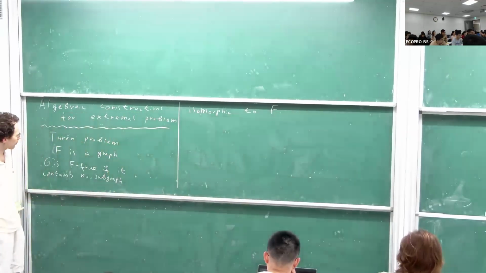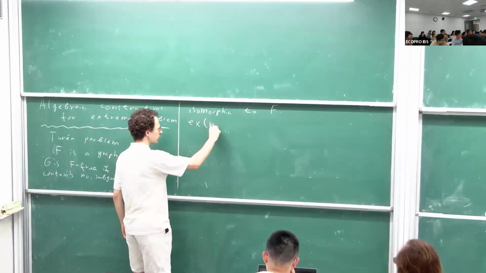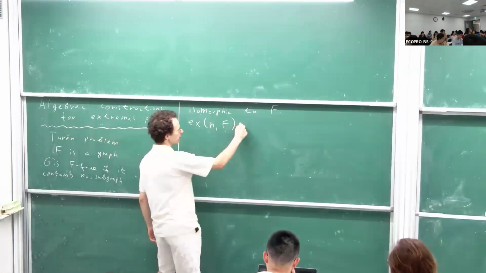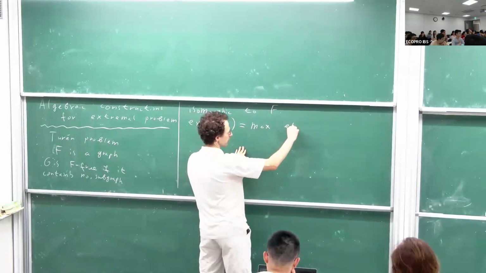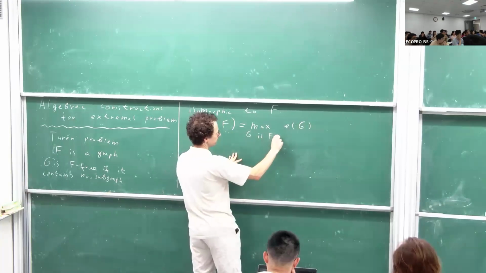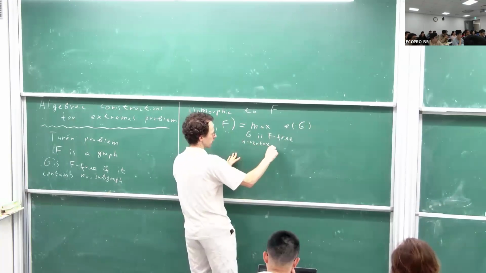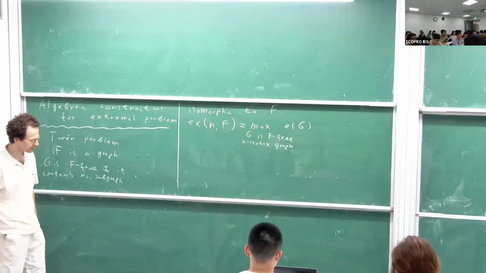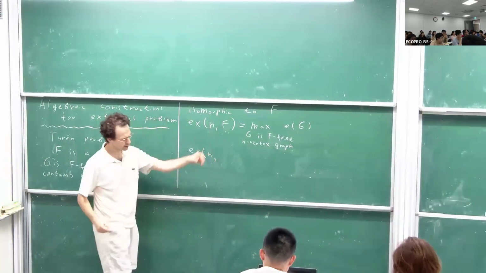I will not tell everything about the problem. I will only introduce notation. So the extremal number, the Turán number, ex(n, F), is the maximum number of edges in any F-free n vertex graph. And if the forbidden graph is